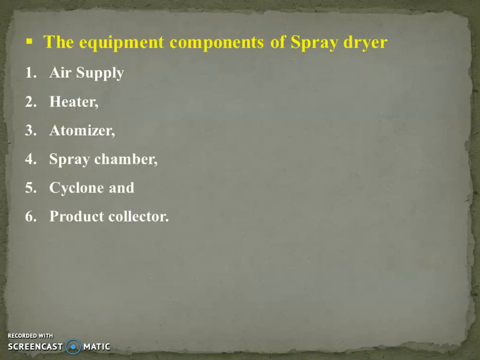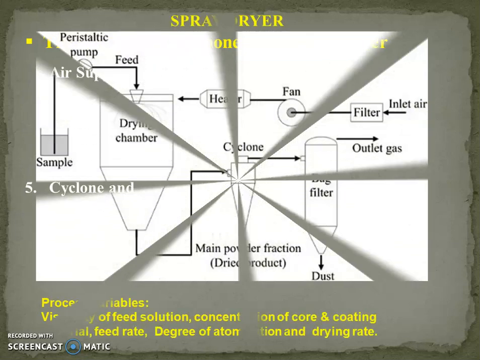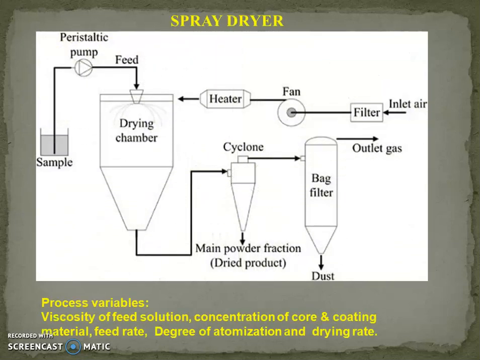Then the equipment that is generally used to prepare the microcapsules is a spray dryer. The spray dryer has different components such as air supply unit, heater, atomizer, spraying chamber, cyclone separator and the product collector. So this is the schematic diagram of the spray dryer. The spray dryer consists of a